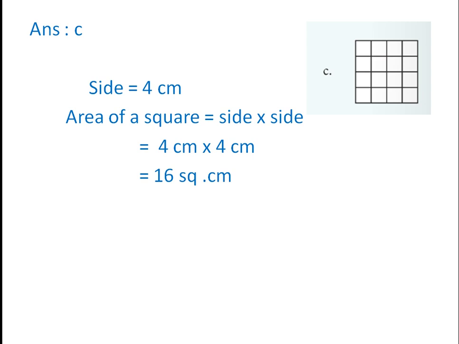Area of the rectangle and area of the square. What is the area of the rectangle formula? Length multiplied with breadth. And the area of the square is side multiplied with side. These are the important formulas for this chapter. Okay, next,